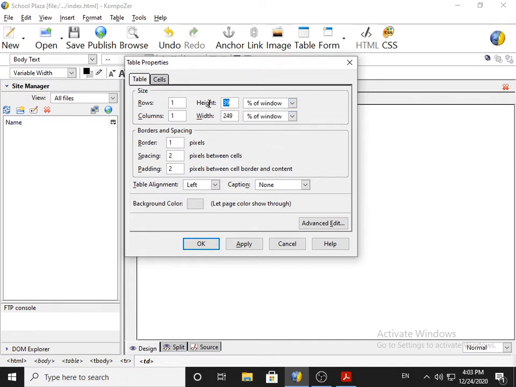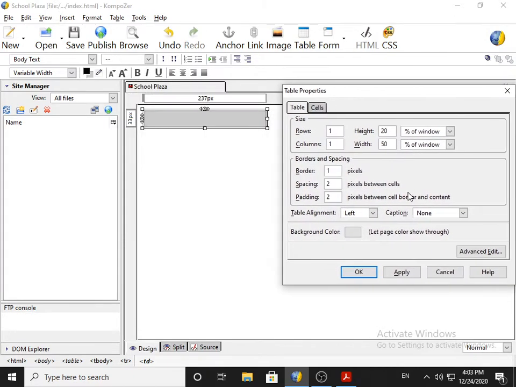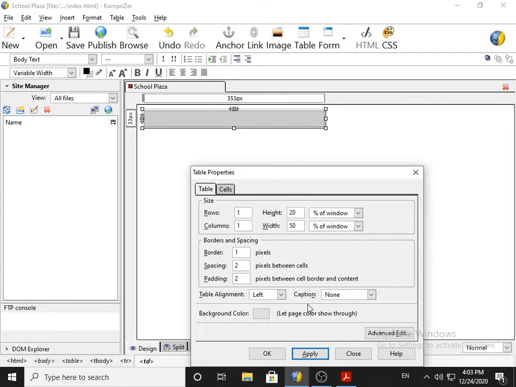For example, if I say 20, 50, and if I click on apply, I hope you can see this change. If I say width 20, it reduces. So you can mention it in percentage or you can mention it in pixels.